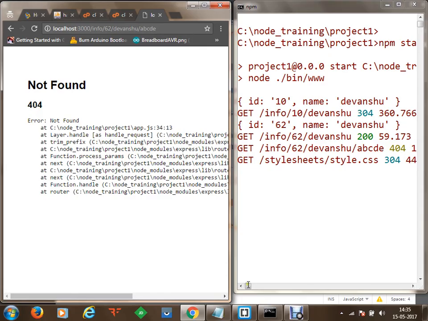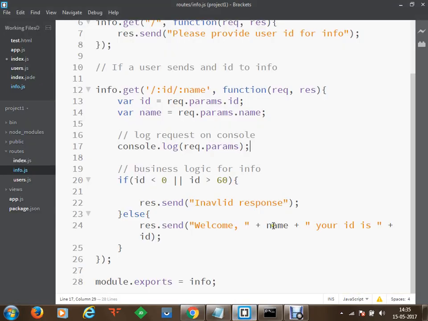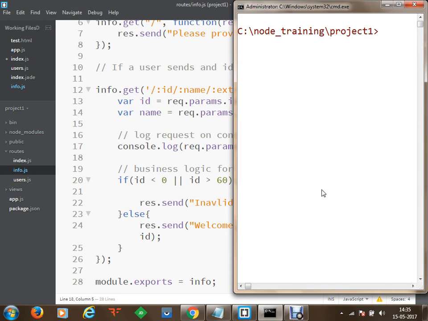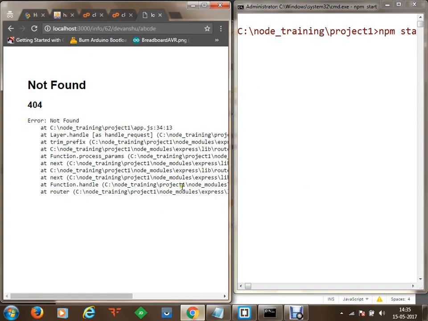But in case now I go back to my server and I want to receive some extra string, so let's say I want to take 3 parameters, I have created one extra as well. So I'm going to save this extra, and now I will stop and start my project again. Once I start that project again and send ABCDE, this request will be taken and my page will be displayed.